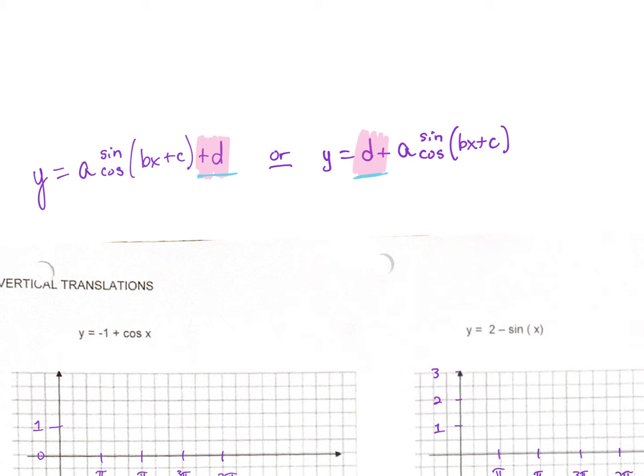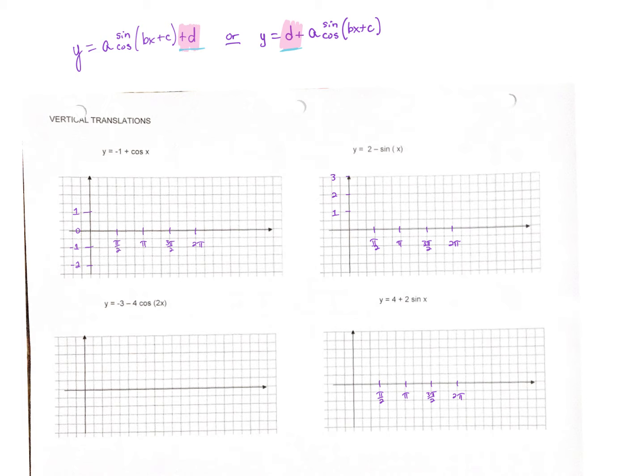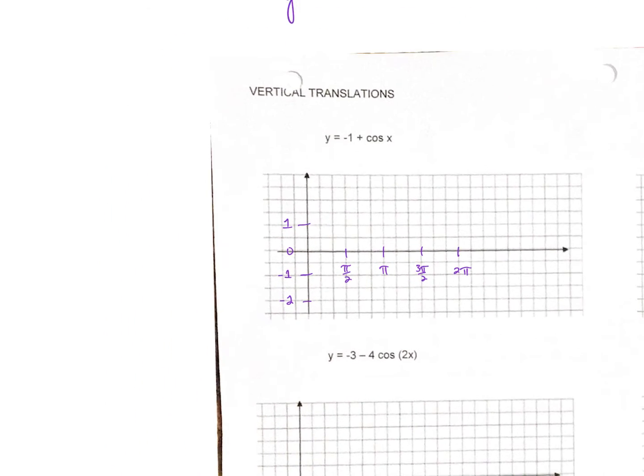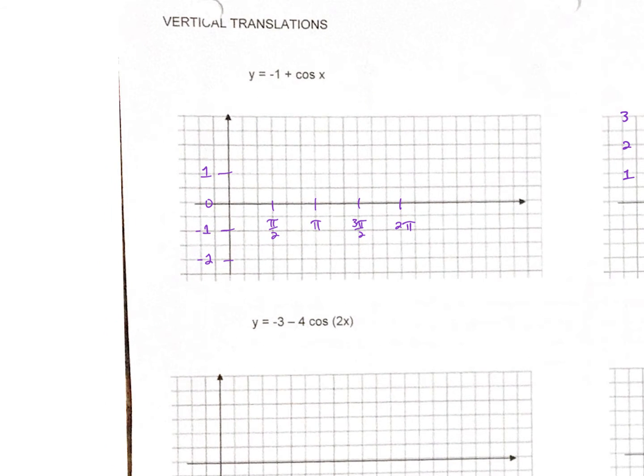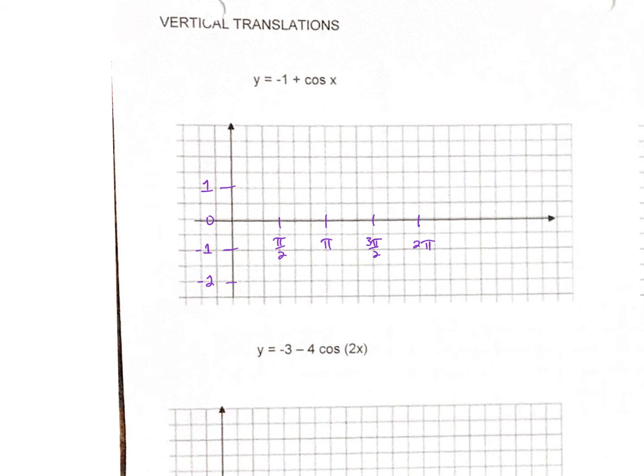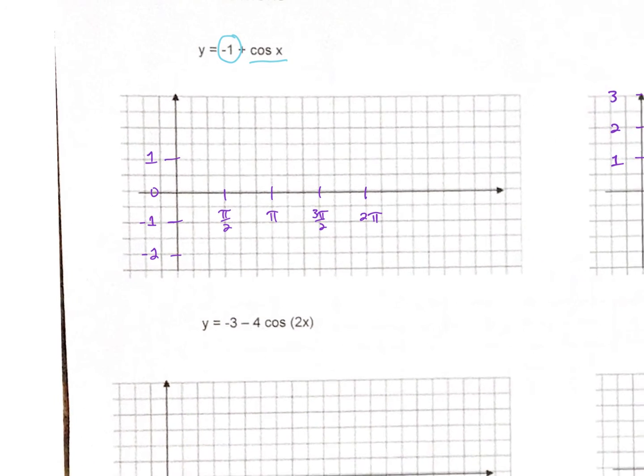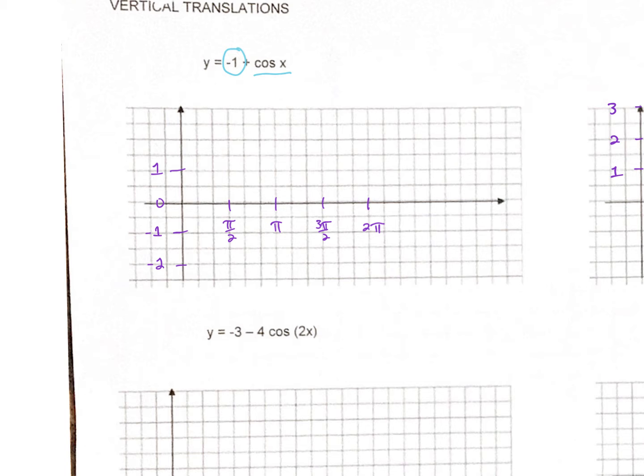So let's take a look at how this vertical shift gets dealt with. I want you to think about the fact that on this first graph, it's a basic cosine graph, only what this is telling us is that it is just getting shifted down one place. So 1 unit down, but then we're going to draw the same graph. The first way of thinking about graphing these is by changing where your midline or your main axis